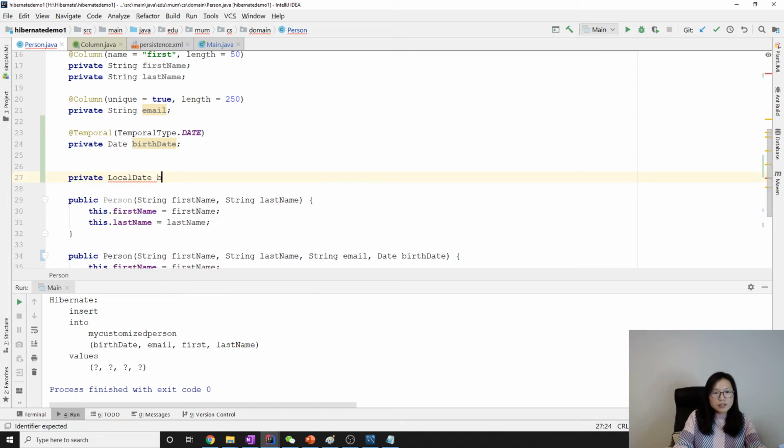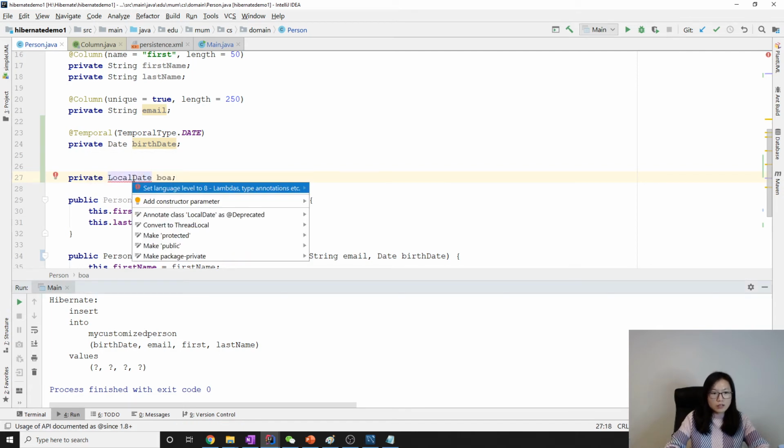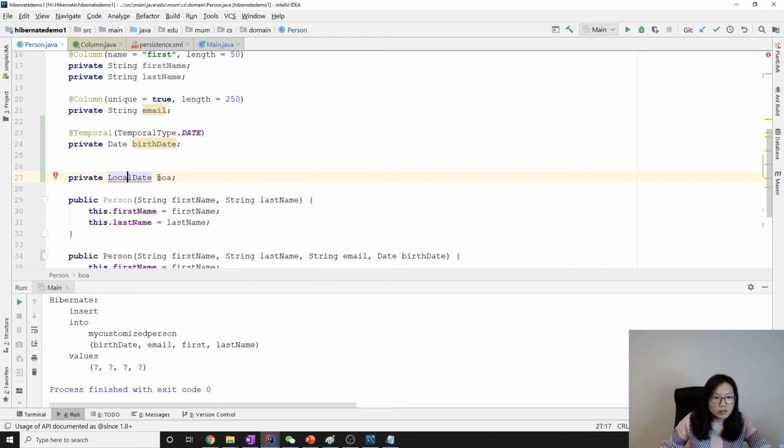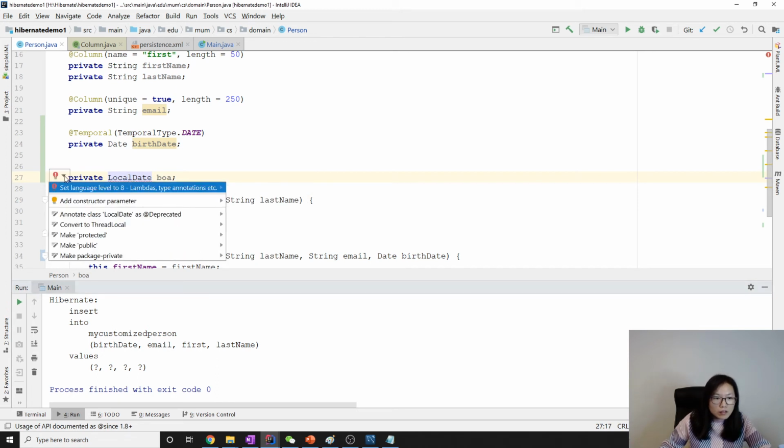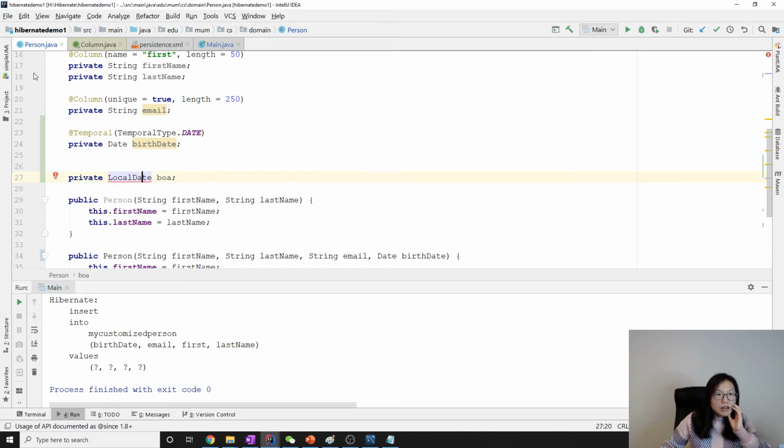And let's use BOA. Okay, when we're using LocalDate, there's no need for